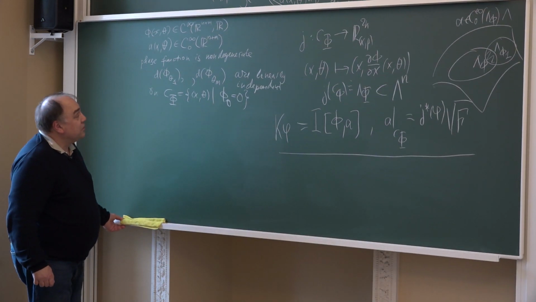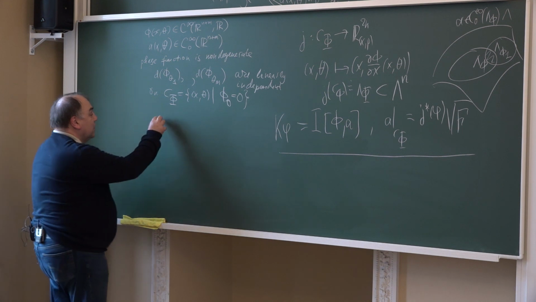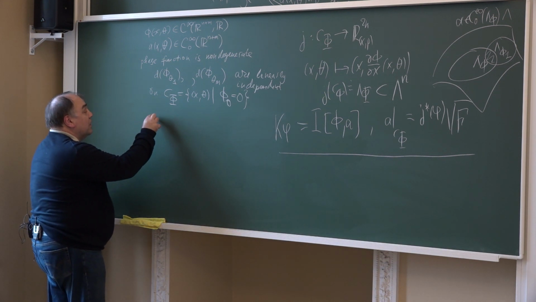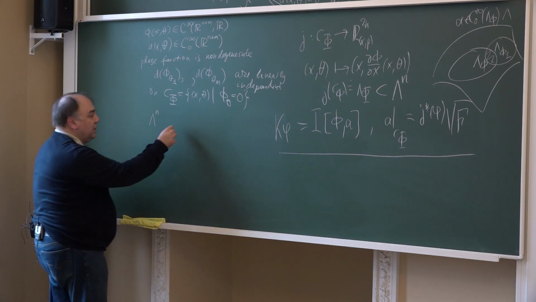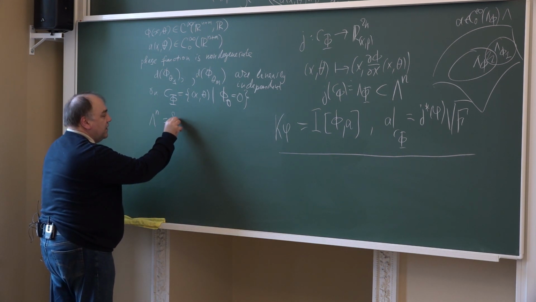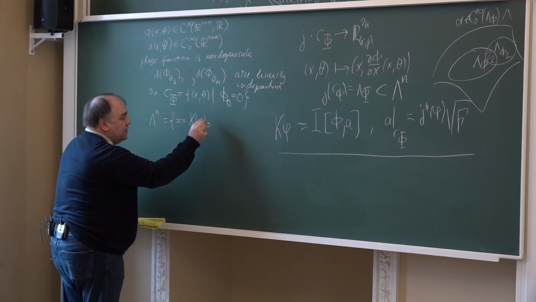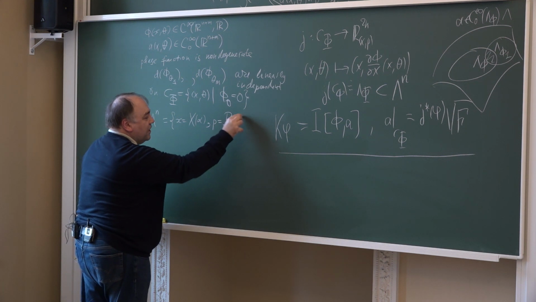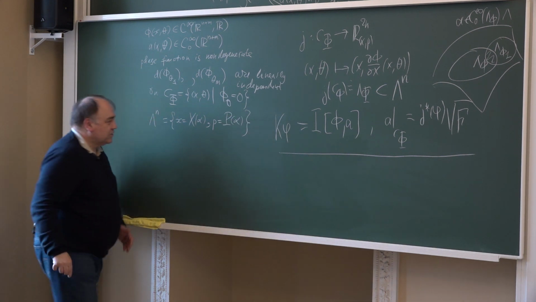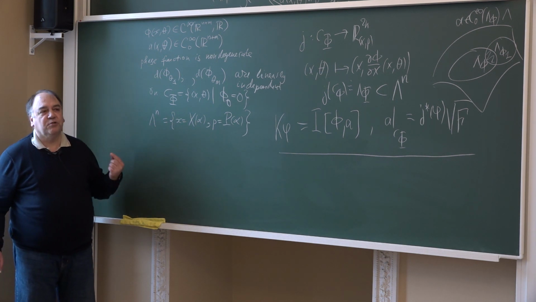The construction was briefly as follows. If you define your Lagrangian manifold lambda n locally as x is x of alpha, p is p of alpha, so you have some parametric description of your Lagrangian manifold, and you usually do have